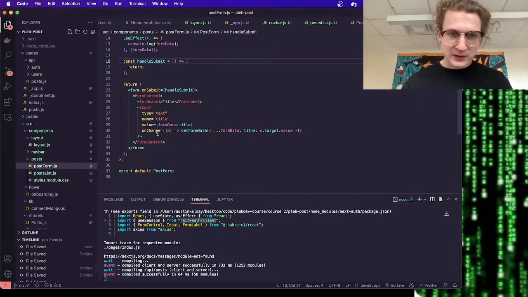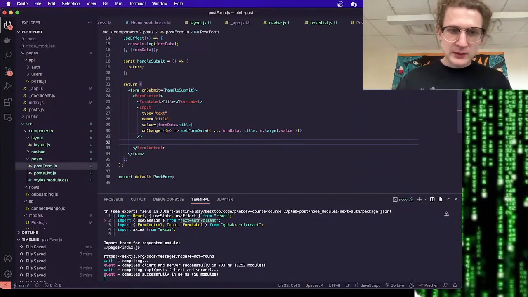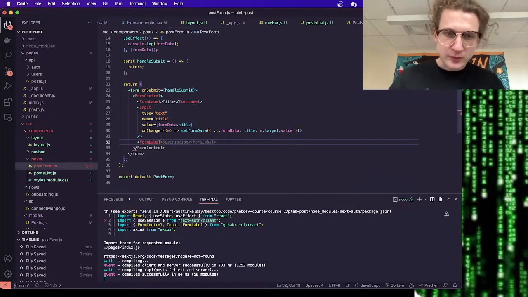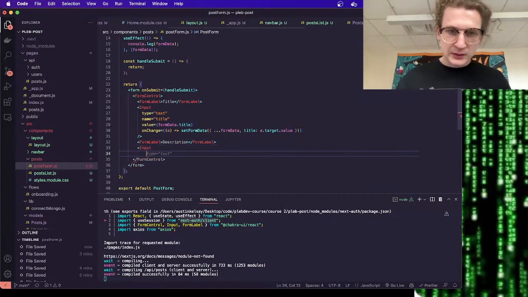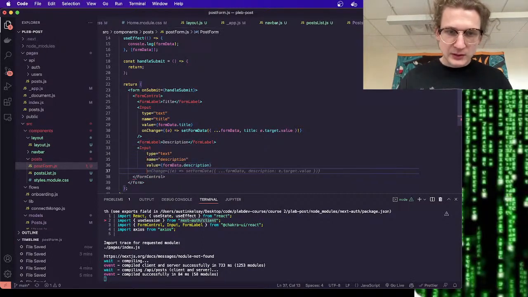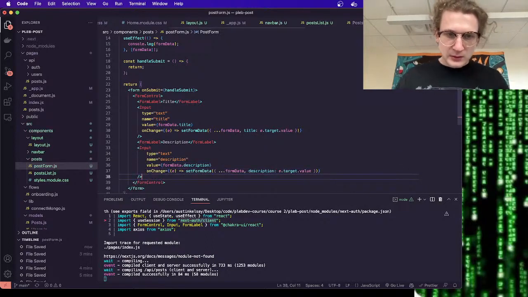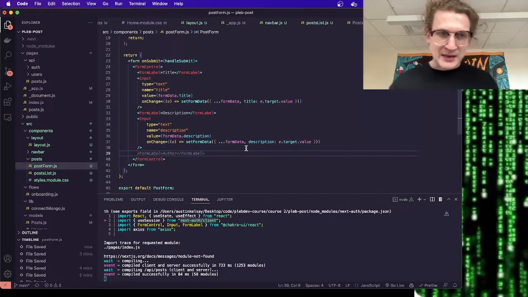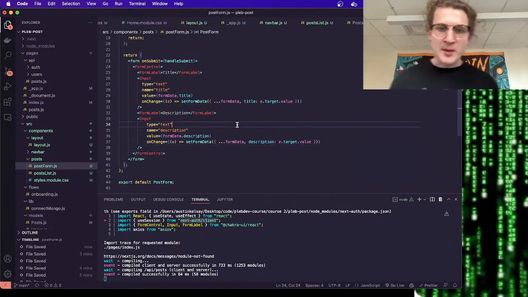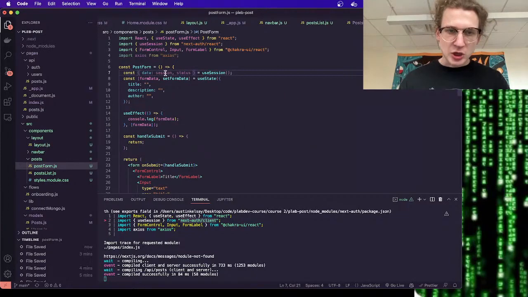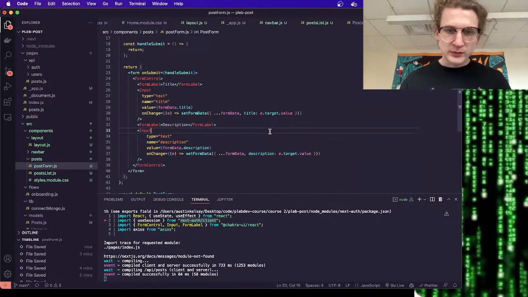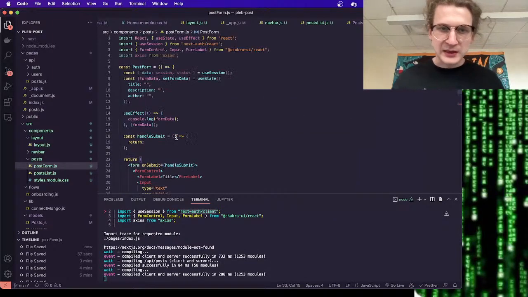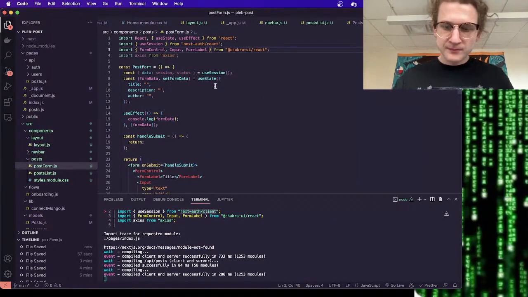Okay, post form. We have our input for title. Let's have another form label. This will be description, input. Should be a very similar thing. GitHub Copilot, save me time. And then author, we don't need to put in author. We'll get that automatically from the session. Cool. So we set this form data, form on submit,